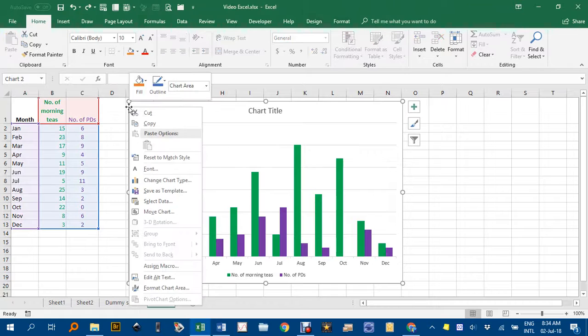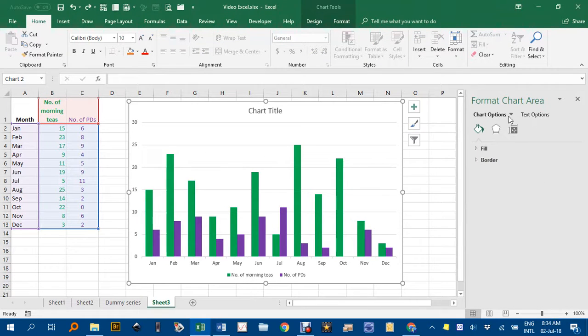I right click on the perimeter of the chart, go to Format Chart Area, and you see this grey pane pop up. Now make sure you select Fill. I was trying before and I selected Border and wondered why nothing had happened. If you expand the arrow there and we go to Solid Fill,